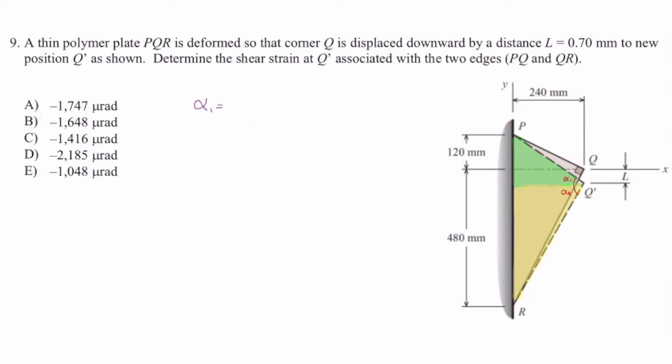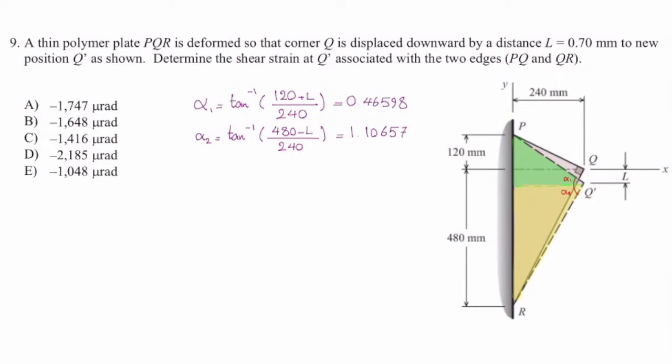That's unchanged. So alpha 1 will be inverse tangent of (120 plus L) divided by 240, and that gives me 0.46598. Alpha 2 would be inverse tangent of (480 minus L) divided by 240. So that gives me